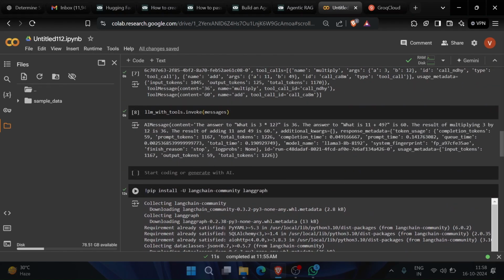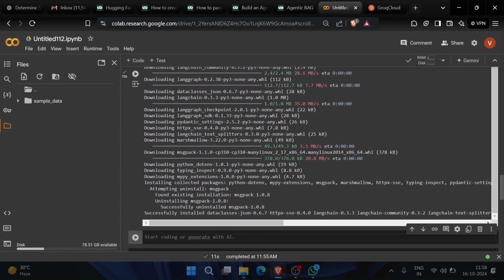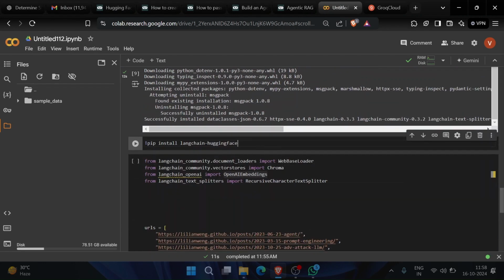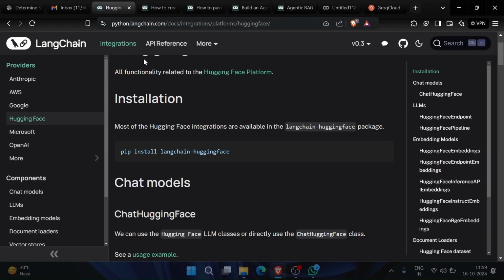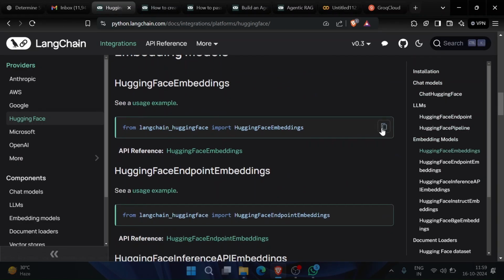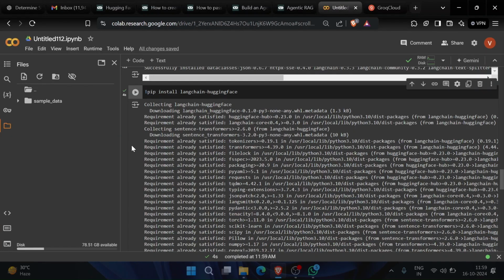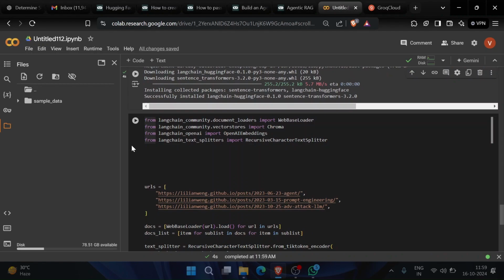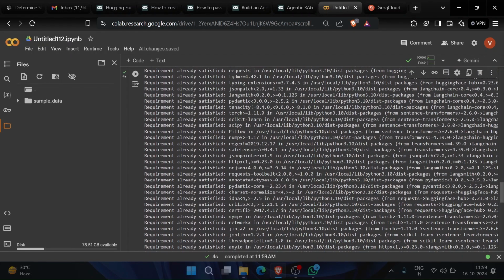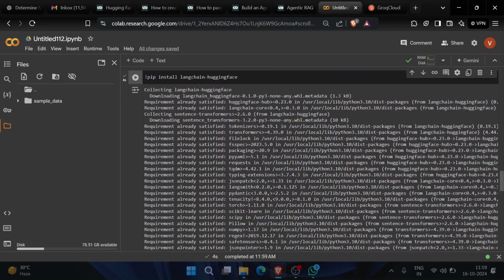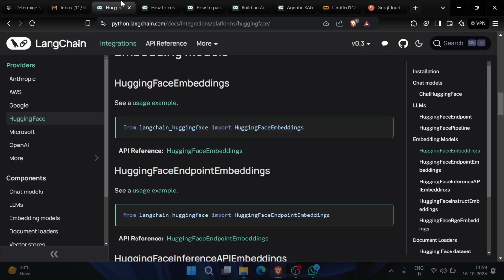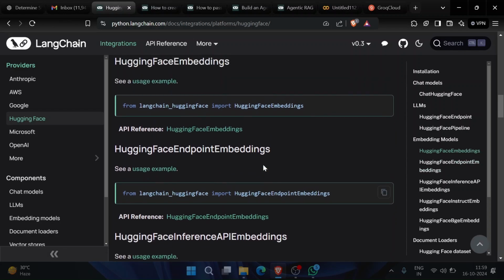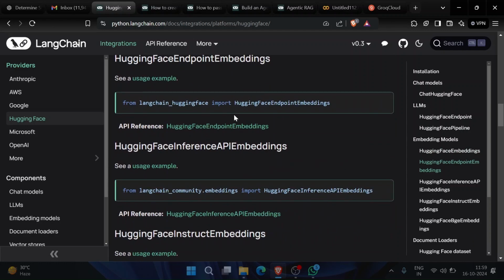Because we are not using OpenAI, I don't have an OpenAI API key. So after pasting it here, we are installing the LangChain Hugging Face package. After that we are using this LangChain package for converting the documents into vectors. That is the basic thing in RAG applications. So after removing this OpenAI embeddings and pasting this Hugging Face embeddings, and after that, so then